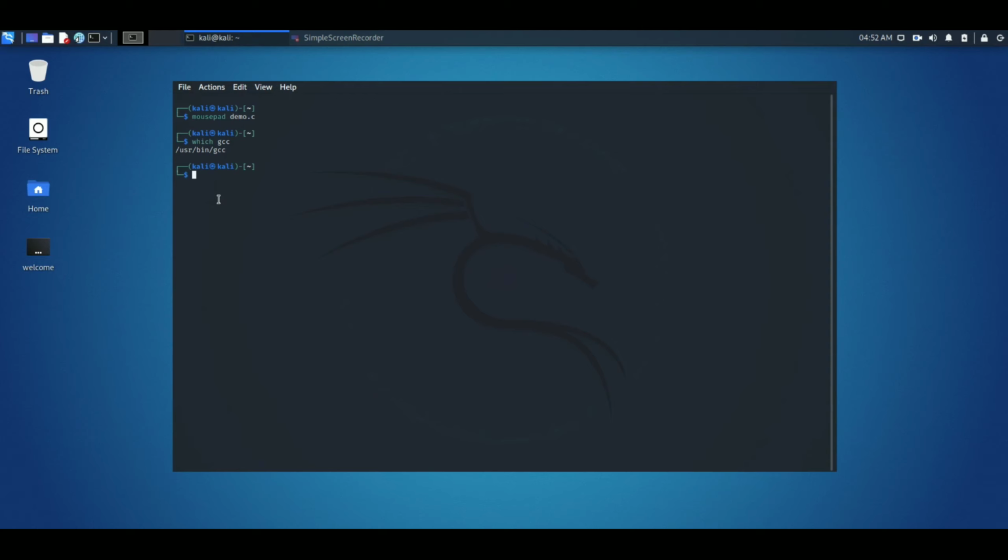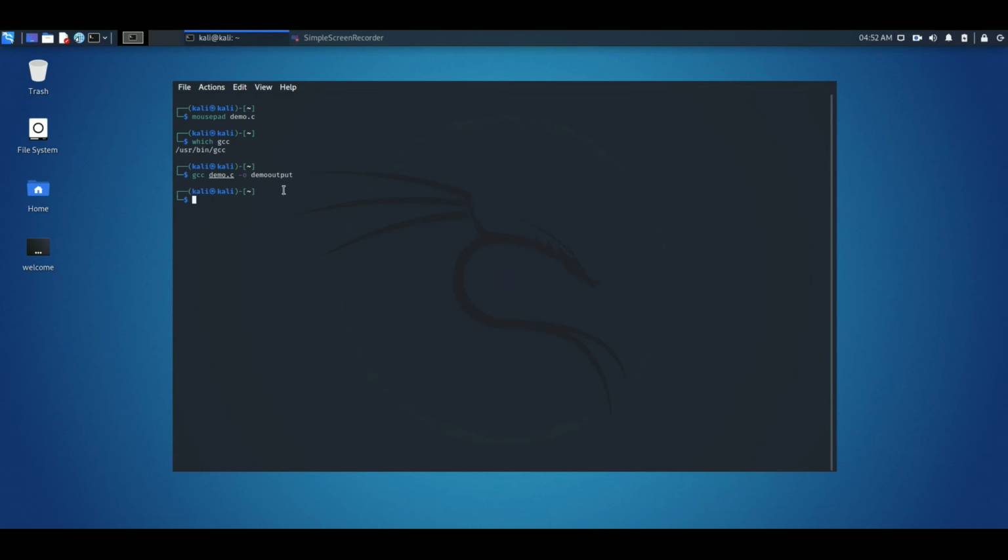To compile the file, we have to type gcc, my compiler name, my file name demo.c, and -o demo output. -o is my output, and the output will be stored in the demo output file. So click enter. As we can see here, it is not giving any error. So our file has 0 errors, our code is all right, so we can go further for execution.